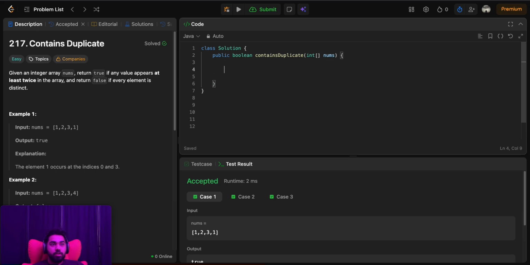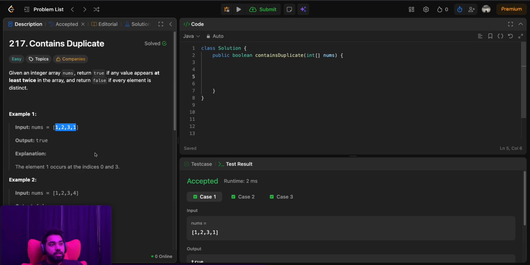What if your interviewer says no, that was n log n, can we do it in constant time? Can we solve it in constant time? Okay, let's see, what can we do? Constant time meaning we just need to pass the array only once. Okay, so if we have to do that,